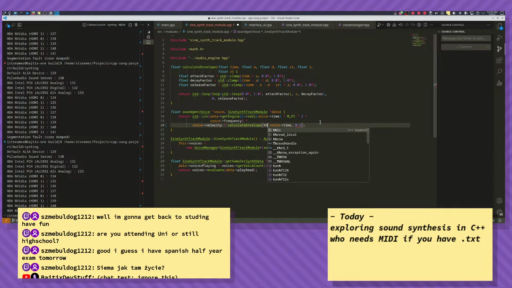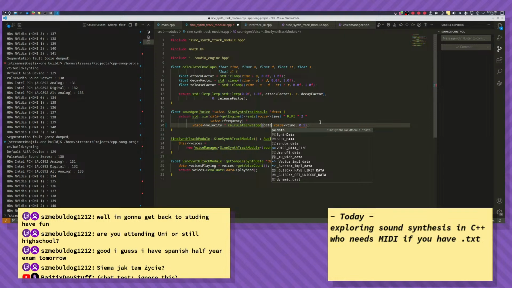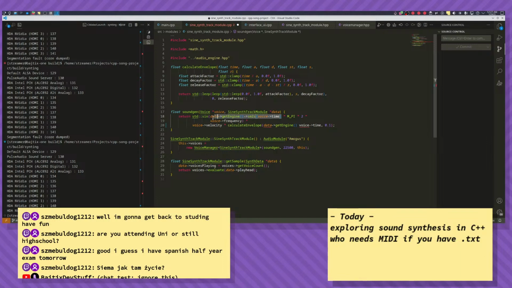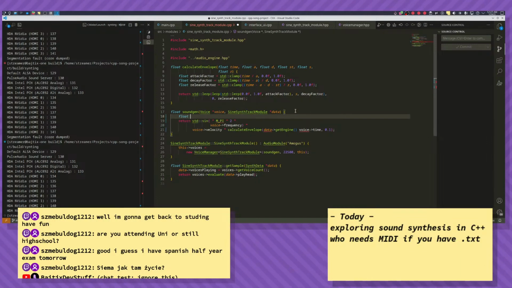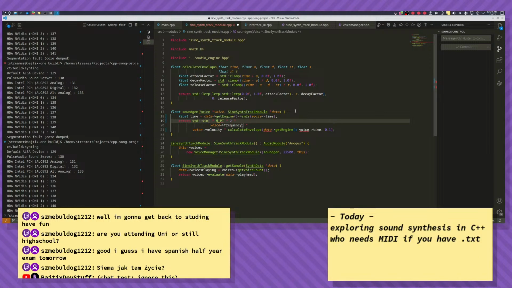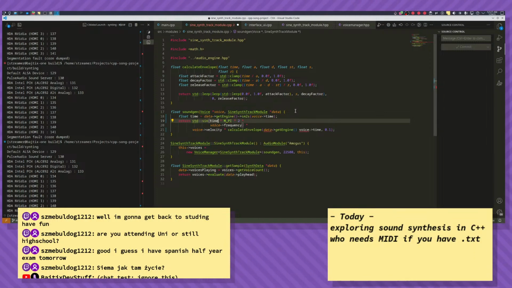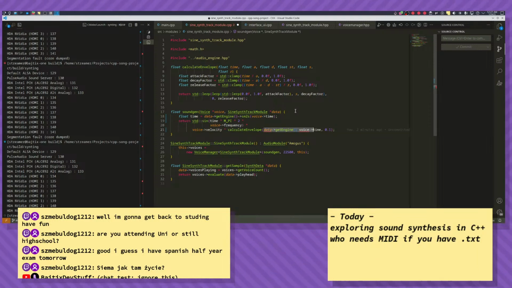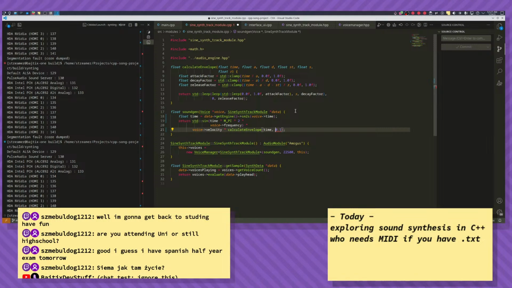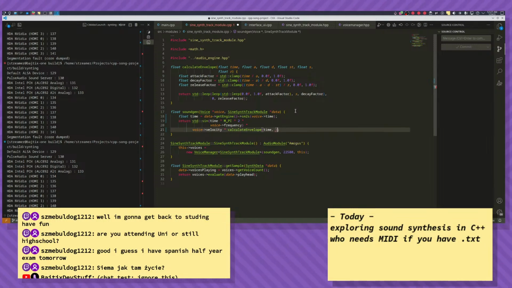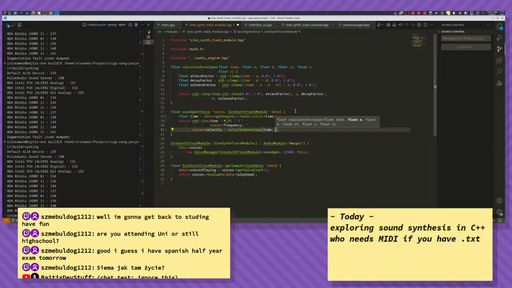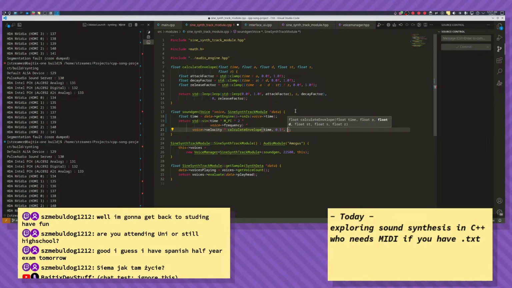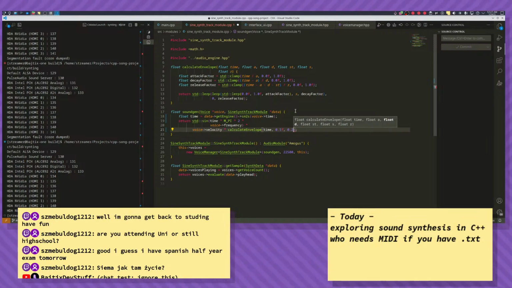So that's going to be data get engine. Let's do a time conversion. It's going to be our time, and the attack is just going to be 0.1 seconds, the decay 0.2 seconds,